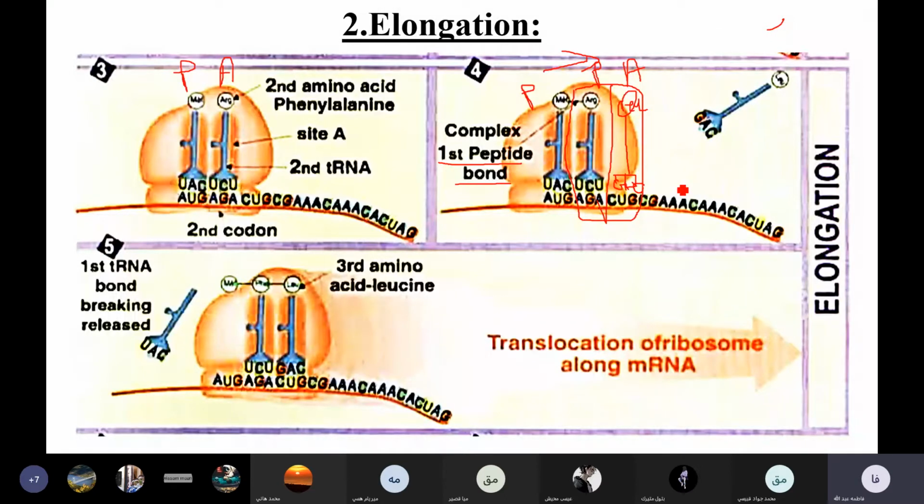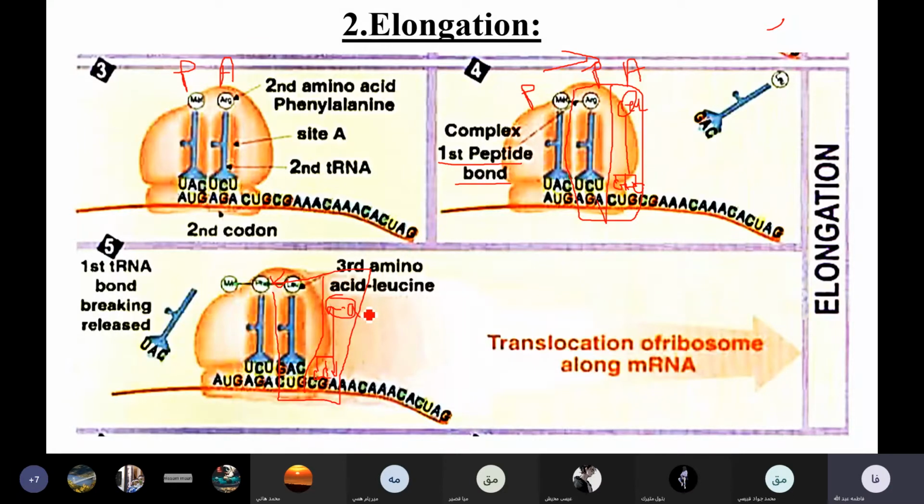When both of them are occupied, there must be formation of a peptide bond, as you can see here in this third figure. Now the ribosome can move one codon. So the ribosome can move one codon. A transfer RNA leaves and the A site is empty. Okay, and in the P site I now have this transfer RNA. So a ribosome with G C U carrying an amino acid will come